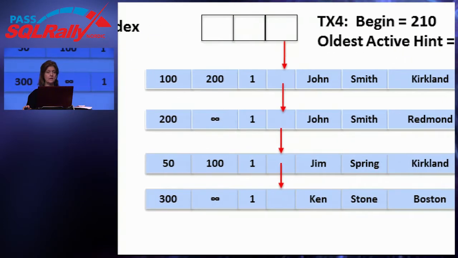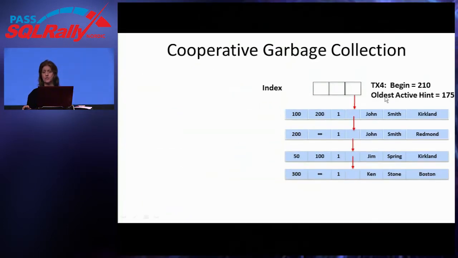I'll zoom in a little bit here. The first row was deleted at time 100, so a transaction that starts at 210 will not return that row. It will return the second row, which was inserted at 200 and has not yet been deleted. The third row was already deleted at time 100, and the fourth row was inserted after this transaction started. So maybe it's a really slow scan of this set of rows, and a row gets added while it's scanning. It gets here and says, I can't return that row because that's not really there. It was inserted after this transaction started.